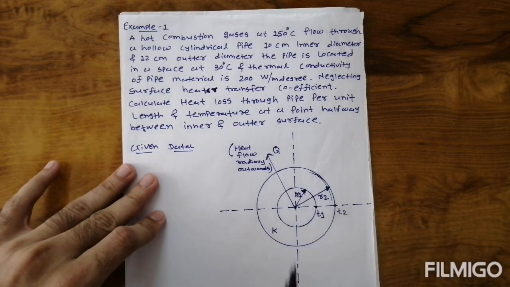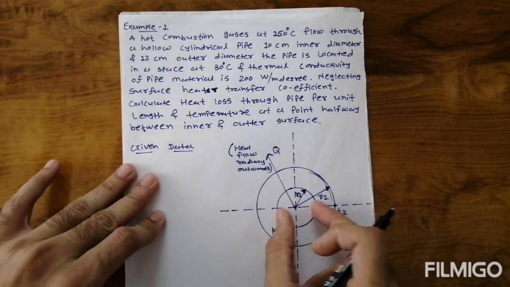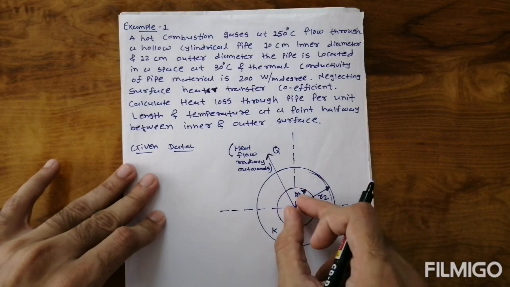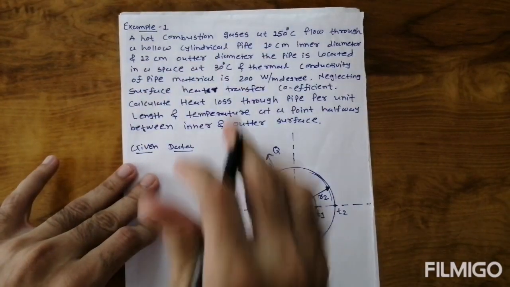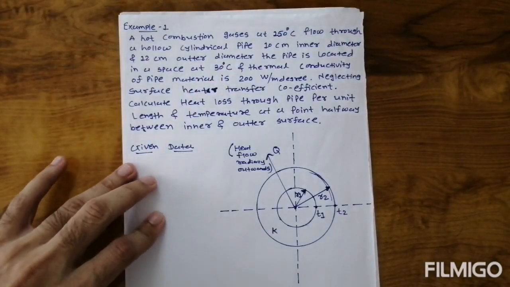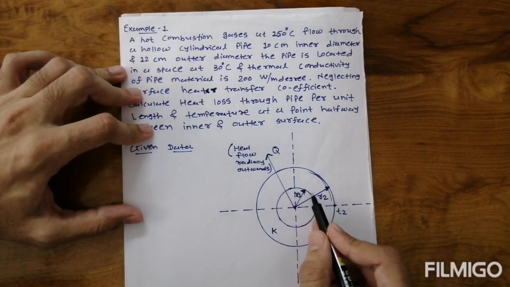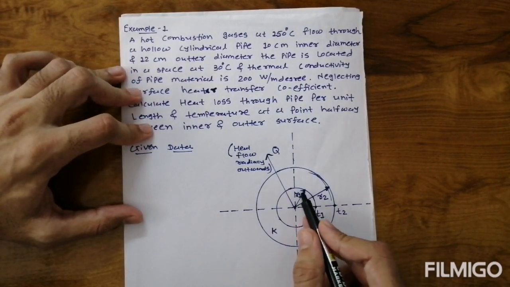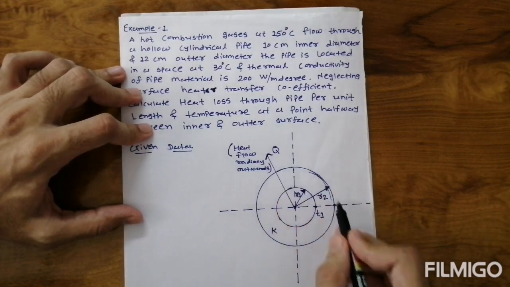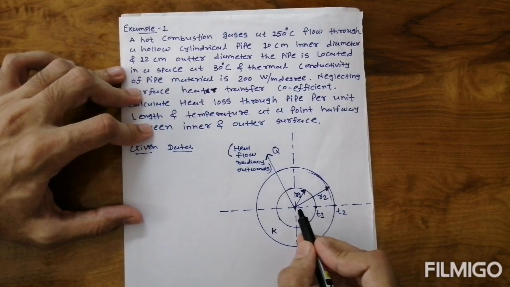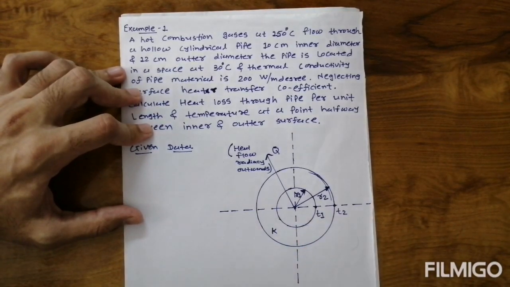Okay, the thickness of the hollow cylinder, or we can say the inside and outside radius, will be considered, and inside there are the hot combustion gases whose temperature is 150 degrees Celsius. So we consider the hollow cylinder: the inside surface temperature is T1 and the outside surface temperature is T2. Then the inside radius is R1 and the outside radius is R2.